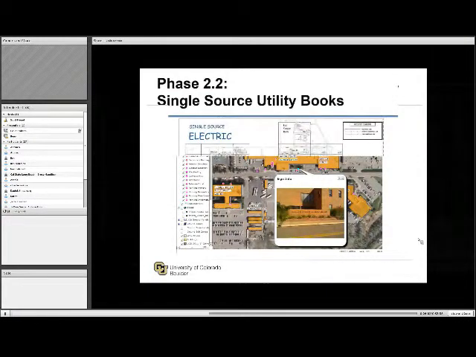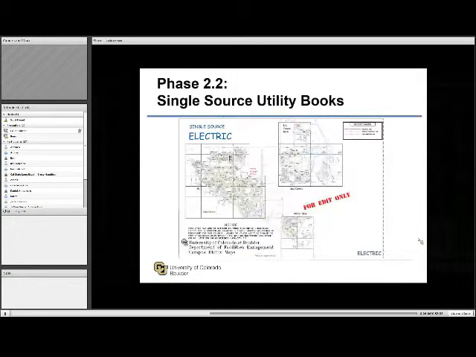And this was staff and some students doing not only archive research but also field notes. A lot of these guys had multiple and various books in their trucks. You took that information onto this editable electric book, and again with water, sewer, drainage, steam, all the others. And this is the kind of detail we would get back. It's just phenomenal, the amount of knowledge that was out there